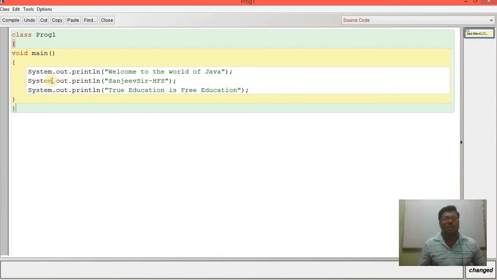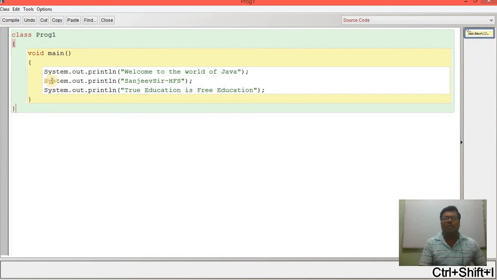Suppose you see the bracket and you want to indent what is inside. Press Control Shift I, and you get the indentation, with spaces and all the lines arranged automatically. Whatever is written inside main is inside main, and main is inside the class. You also see different colors: this is a little bit green, this is light green, this is yellow, and this is white, the body.